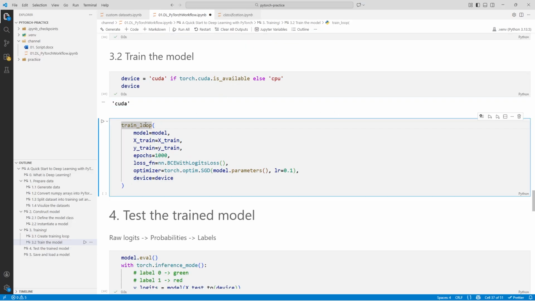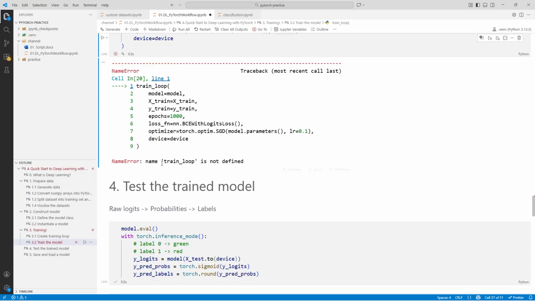And we use our training loop function, and we set the epochs at 1000, and as we mentioned before, we use the BCEWithLogitsLoss as our loss function, and we use the SGD algorithm as the optimizer, and we give it the model parameters, and we set a learning rate at 0.1. By the way, the learning rate controls how fast our optimizer updates the parameters. You can think of it as the step size. Let's run our code.